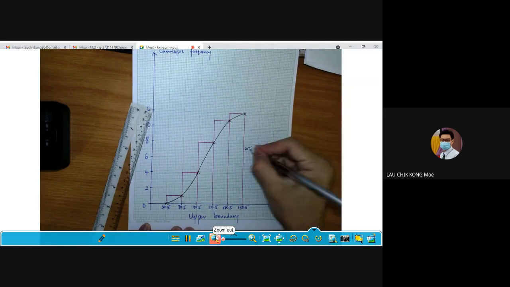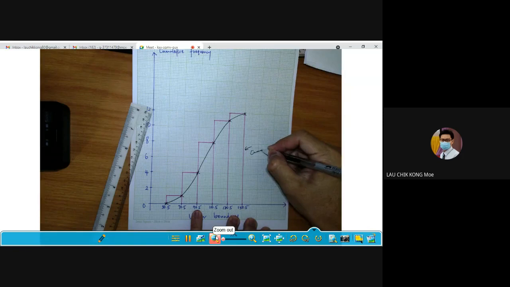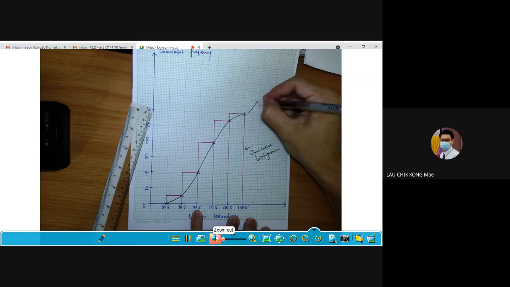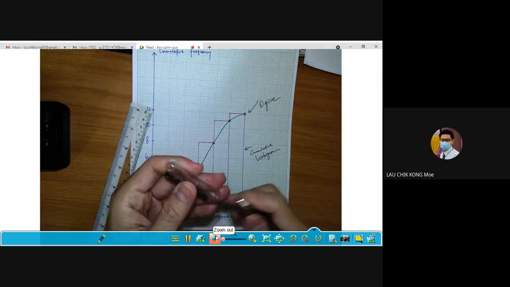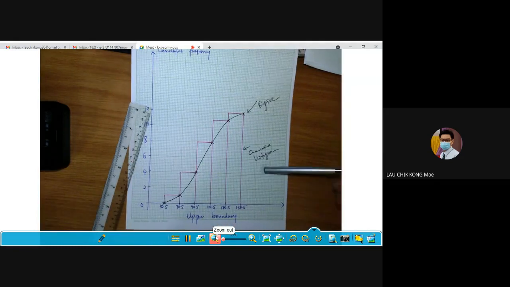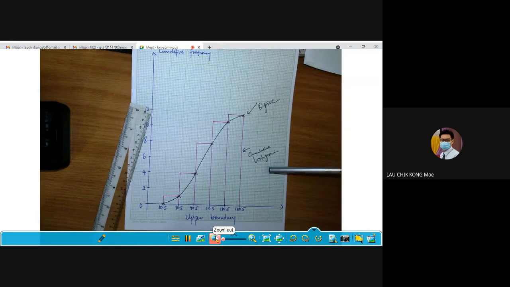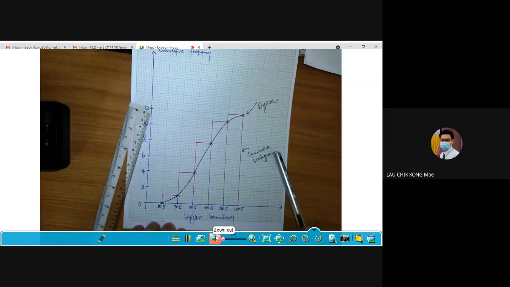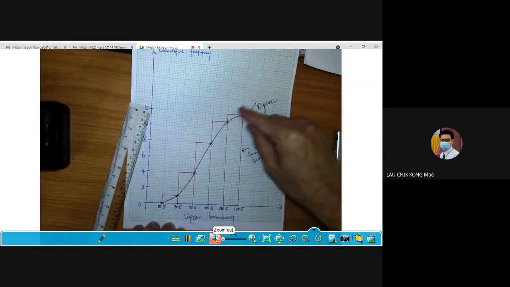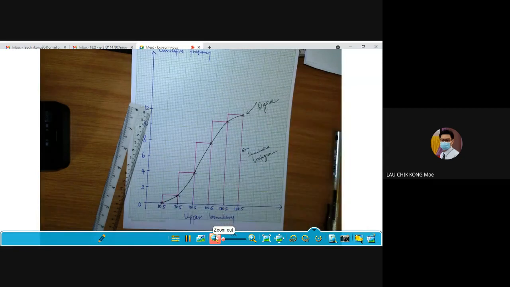This one we call the cumulative histogram. This one, ogive. Or if the question asks you to do the cumulative histogram and then after that the ogive, this is the way. Dulu tak ada ini. Kali ini KSSM dia masukkan ini. So masih sama upper boundary and then cumulative frequency. Cara lukis sama lah, tapi di sini dia tambah cumulative histogram. Dia punya histogram satu arah ke kanan, macam S. Okay. So this is question 8A.